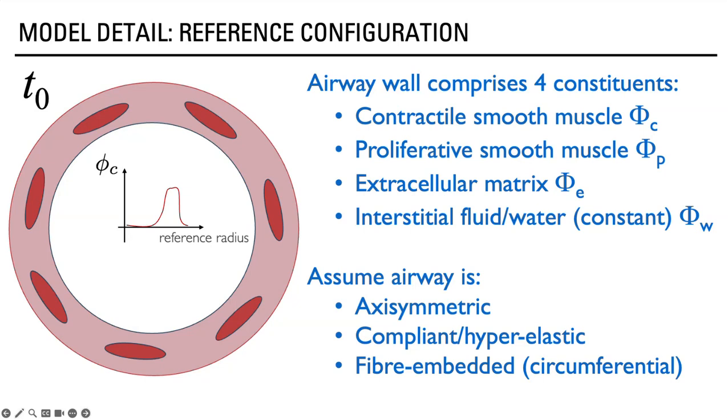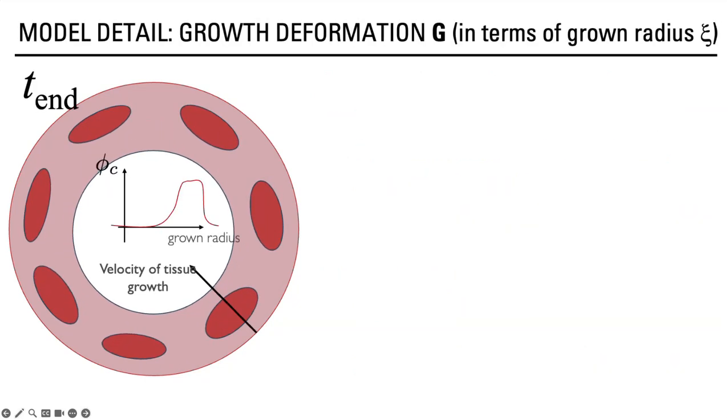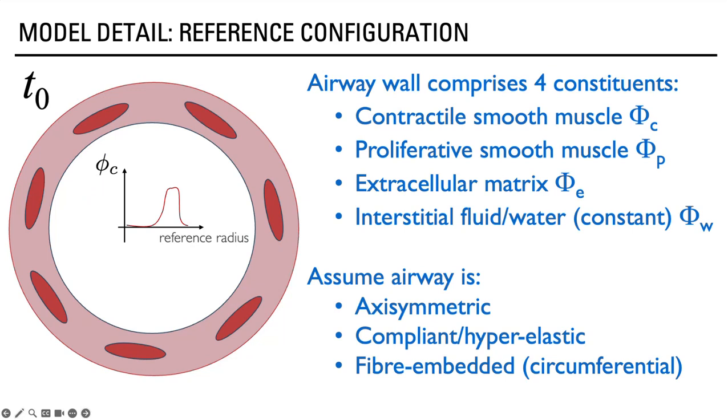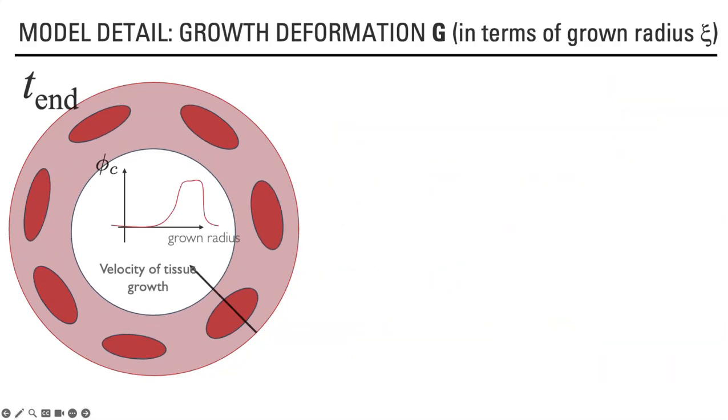So we start off with some initial unremodeled airway, which I had in my previous picture, so we've got some kind of reference radius or undeformed configuration, and then we have a grown configuration where